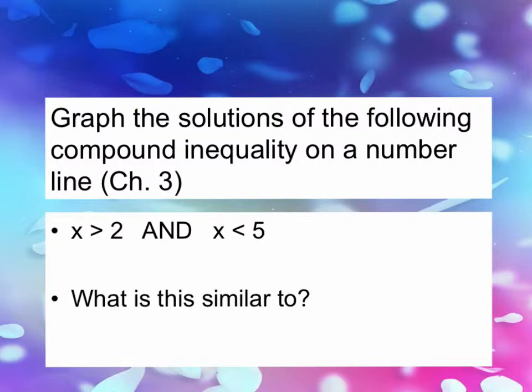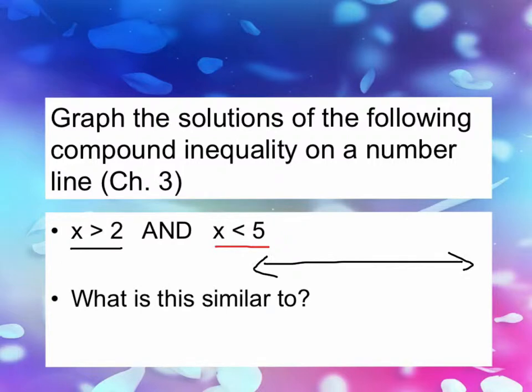Let's review some prior knowledge. In first semester, chapter 3, you learned how to graph the solution of a compound inequality. So let's go ahead and look at this one. We have x is greater than 2 and x is less than 5. Since there's only one variable here, we're going to graph this on a number line, and there's going to be